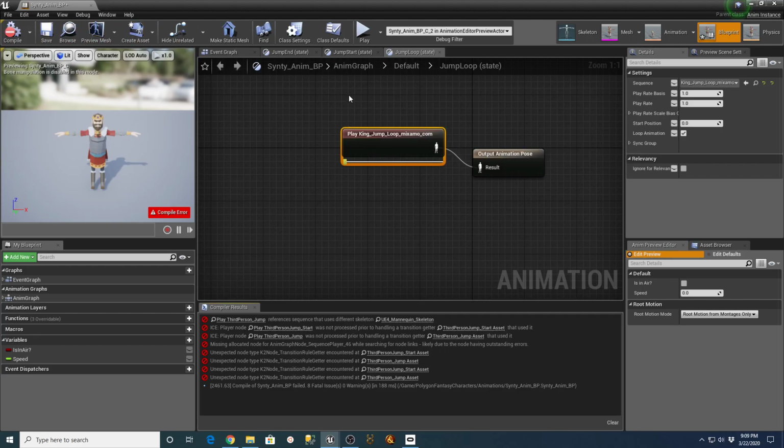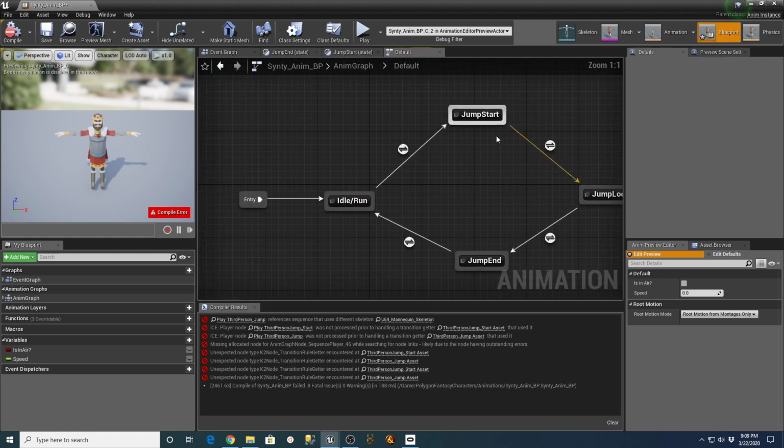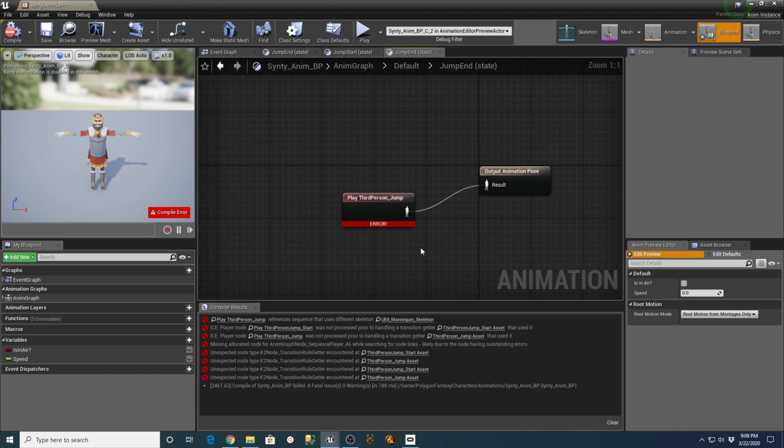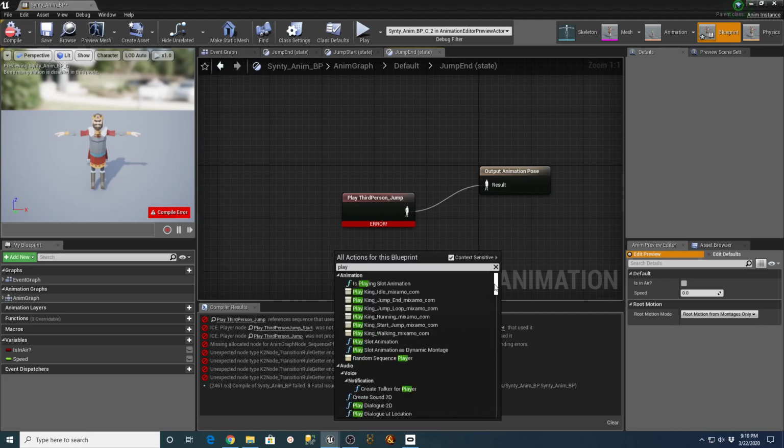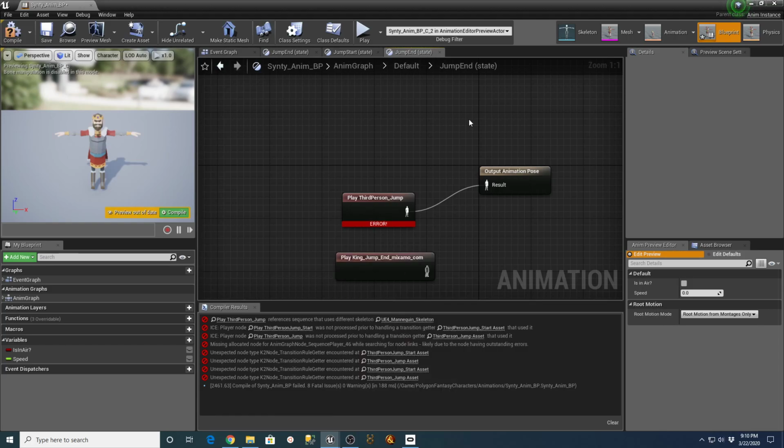We want to go to jump end. I'm going to say play. Scroll up and we'll find our jump end, which is that state there. All right, we're going to put that in.